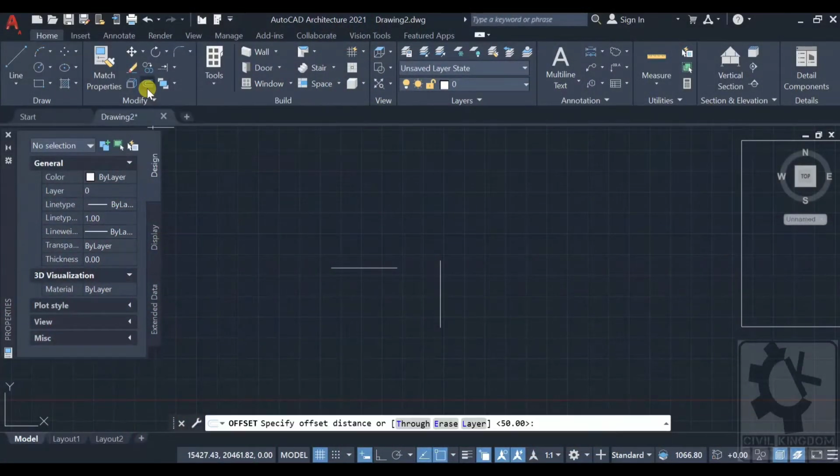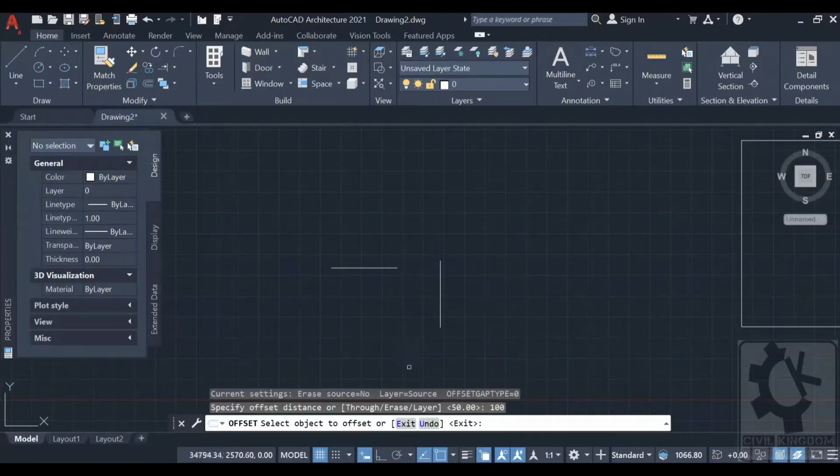If you go to the offset command, it will ask you for a specified offset distance. Say I want 100 mm, then click enter. Then it will ask you to select an object. So select the object.